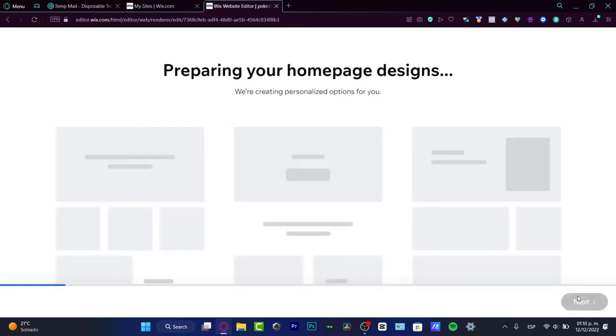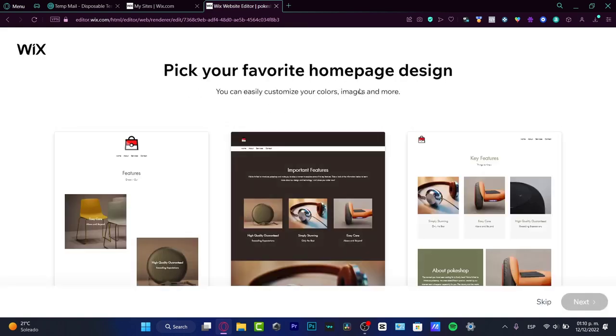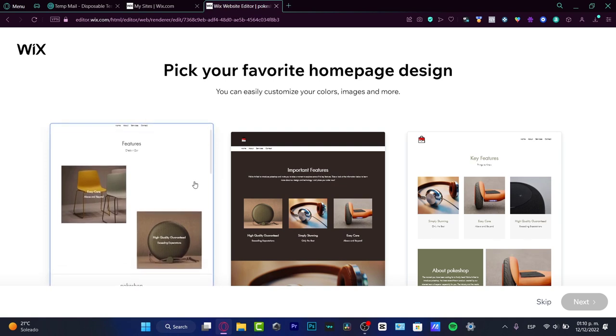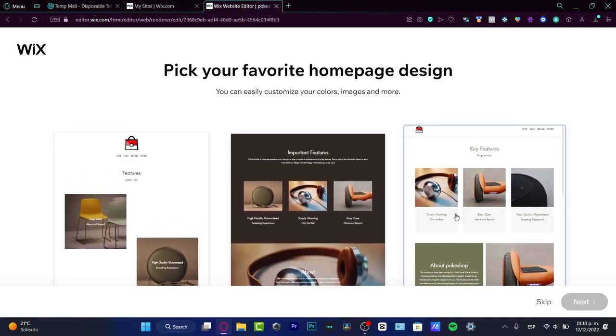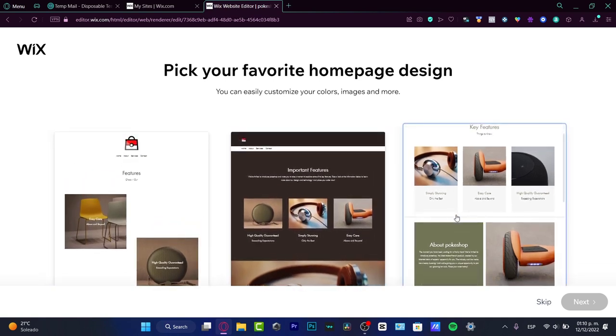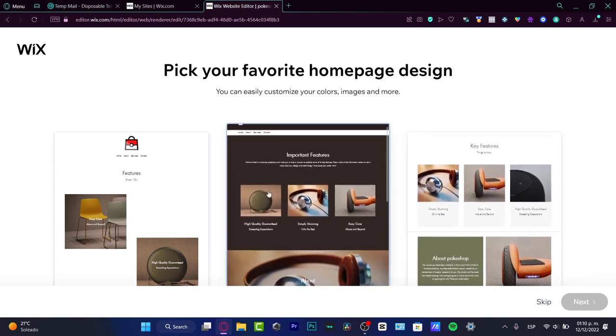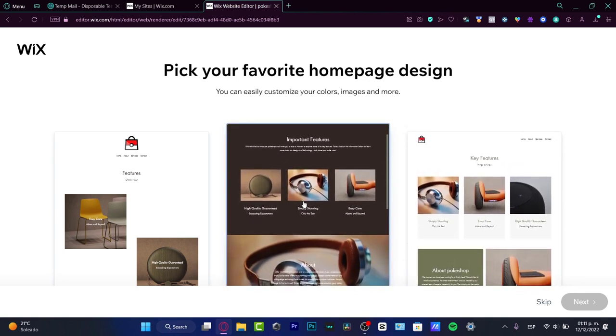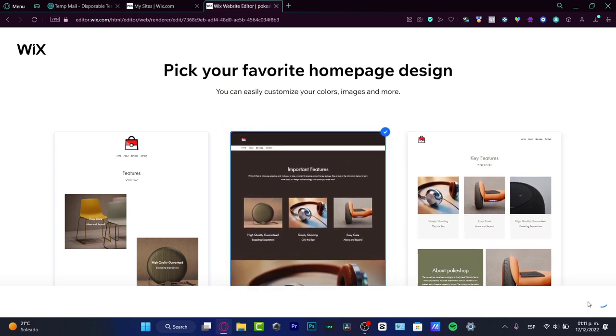Hit next, and it says preparing your homepage design. We are creating it personalized for you. So pick your favorite homepage design, whether you want to choose this option, this one, or this one. Now in my case, I think I just want to focus on the second one because I just want to focus on just one product, right? So I'm going to choose this option, hit next,